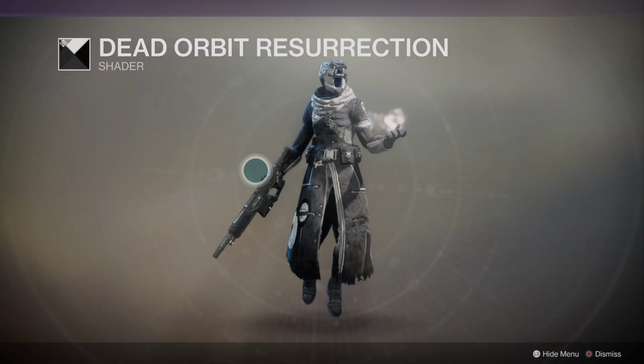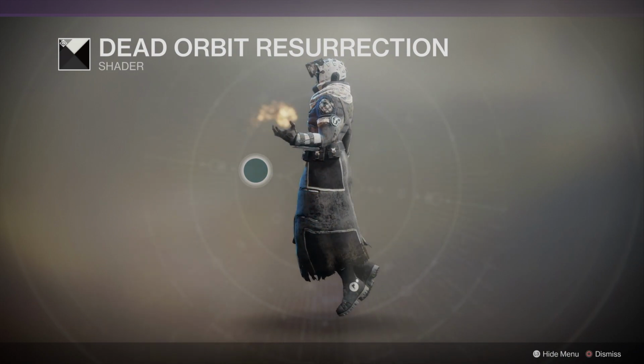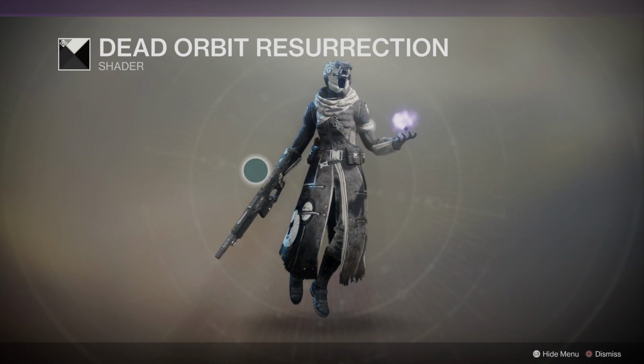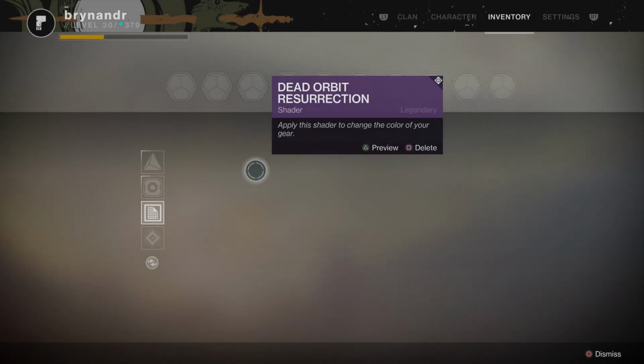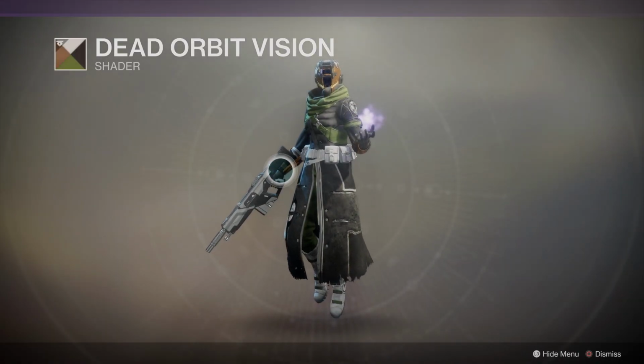There's a lot darker blacks. You can't really see much on this version, but yeah. And then there's their new shader. Now the reason I'm showing you all this, guys, the reason I'm showing you different versions of everything is because, well, essentially,